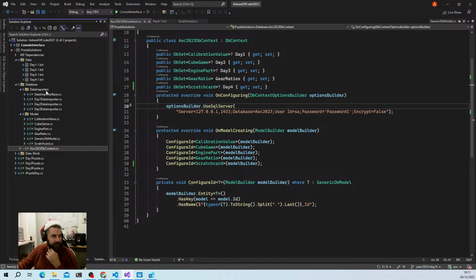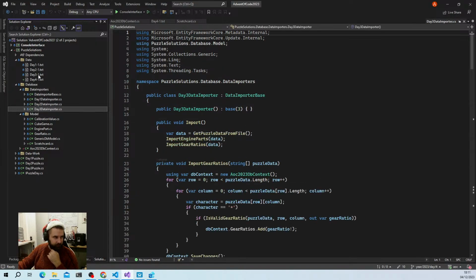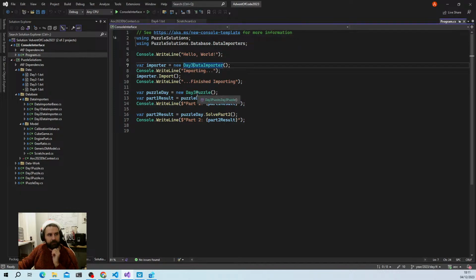So we're going to go over to our database importers, and this is what I want to tidy up today because we've got different importers here. And when we actually run our program in the console interface, we have to change the day here and here to decide what we're actually using. I'd like it to be a bit more clever. I just find it a little bit messy. So if we have time, we're going to think about how we can tidy that up. But for now, we're going to